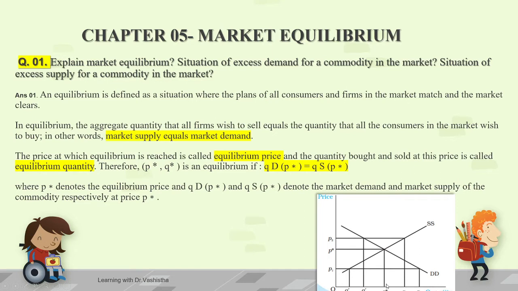If we draw a perpendicular to the x-axis, where the quantity is being shown, the equilibrium quantity will be OQ*, that is little visible here. And simultaneously, if we draw a perpendicular to the y-axis, where the price has been shown, then the equilibrium price will be OP*. So that is the condition of equilibrium where the demand is equal to the supply, and so all the demand being raised by the consumers is met by the suppliers. Further,